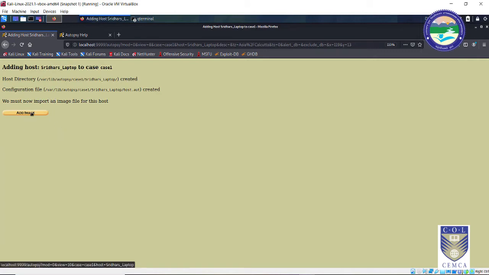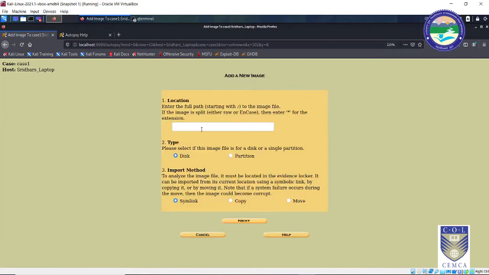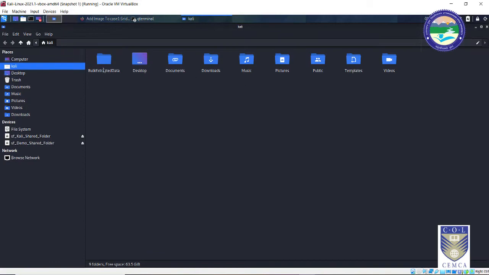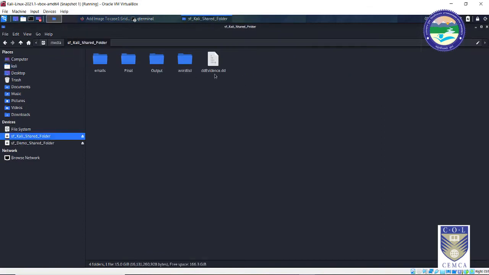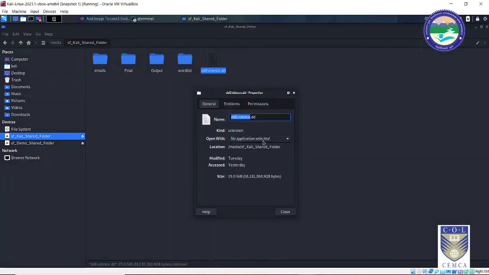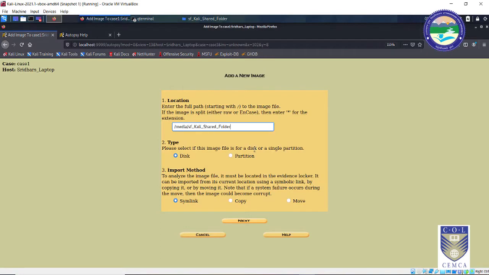So now click on add image and this will be your evidence image. We know that the image is present on my computer. So I will click on add image file and I will have to give the path of it. So let me go back and see the path of that image file. It was present over here. This is the path, this is the image, sorry. So click on properties, copy the entire path, followed by the file name dd